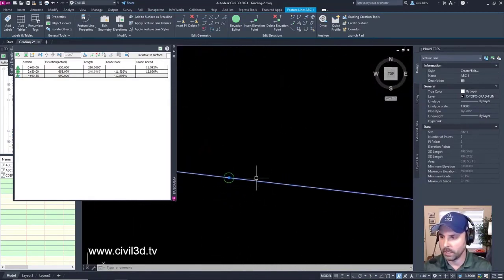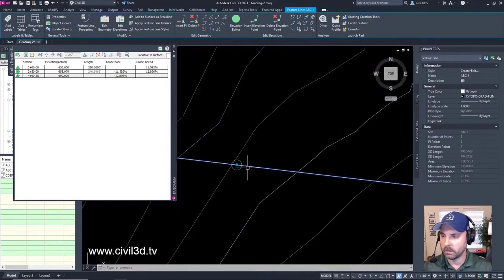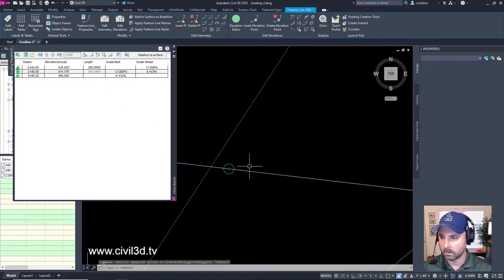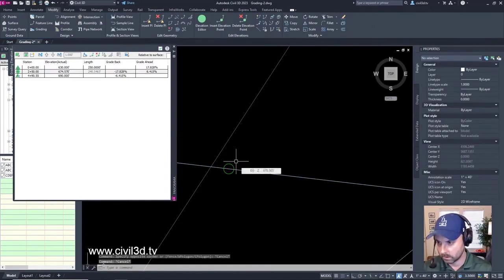And if we wanted to, we can zoom in roughly to that existing grade, 670.54.7. What is this at? Oh, it's a lot lower. What if we made this 674.57? Or 670.5.